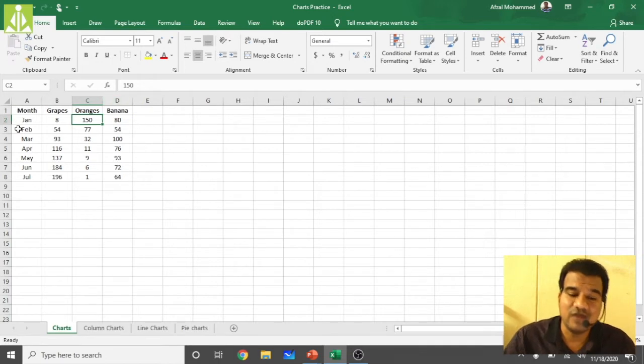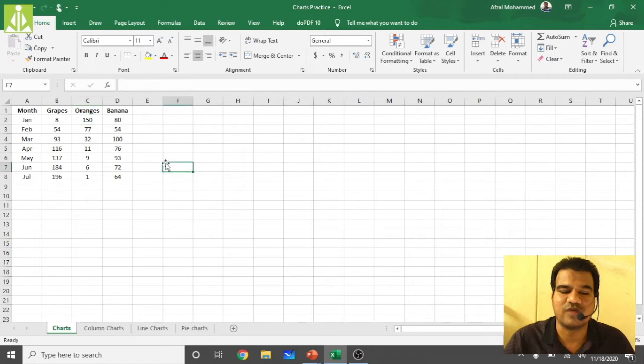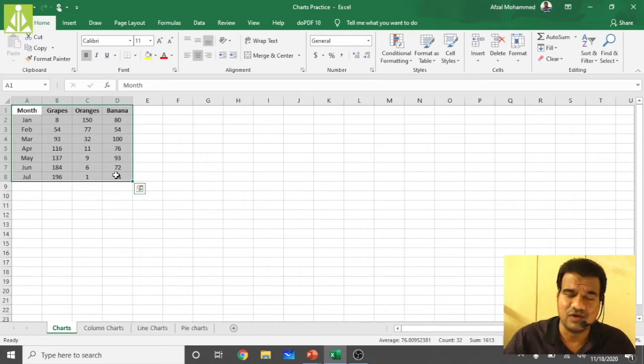So how we can represent this complete data using these charts, that we will see in today's session. Quickly I will show you how we can draw a simple chart. First of all, in order to draw a chart, just select this entire data. For any feature you apply in Microsoft Excel, the selection is very important.